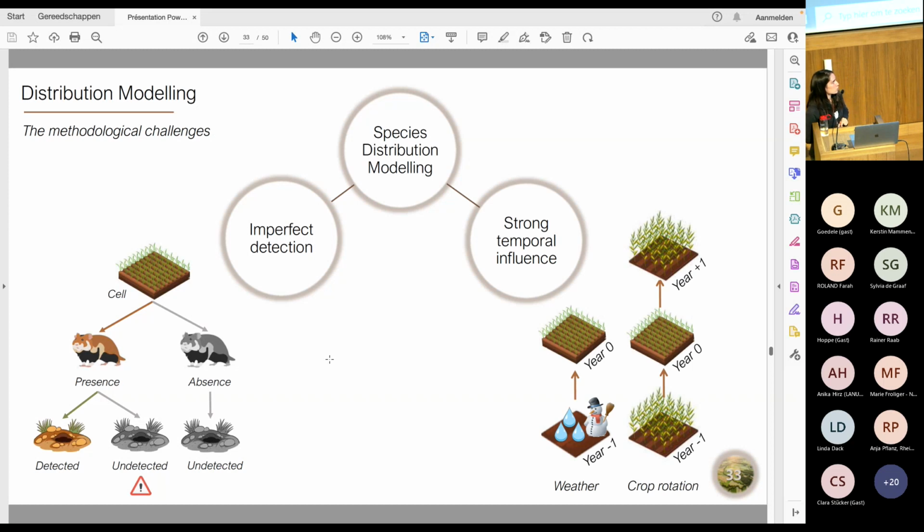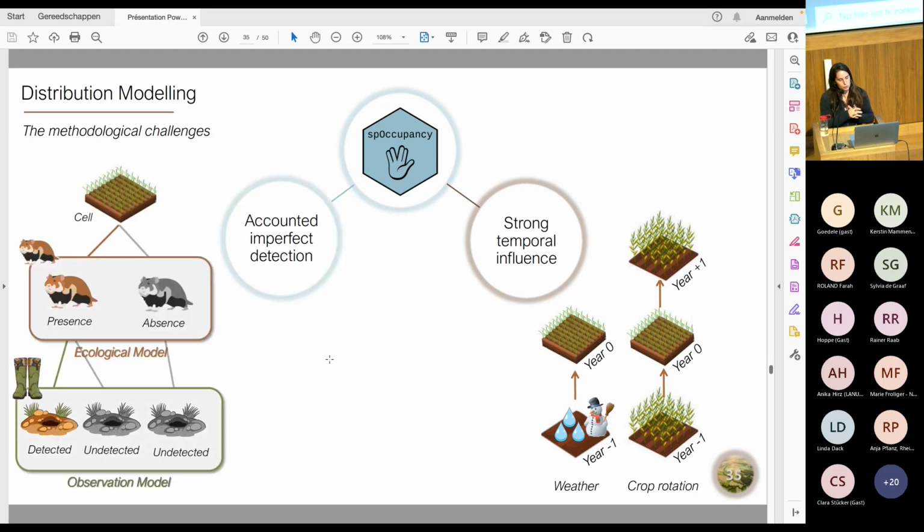Moreover, you've also got a strong temporal influence, because the state at year -1 could have a strong impact on the spring survey at year 0. So you have to take that into account too. For that, we used a very recent package in R called spOccupancy,